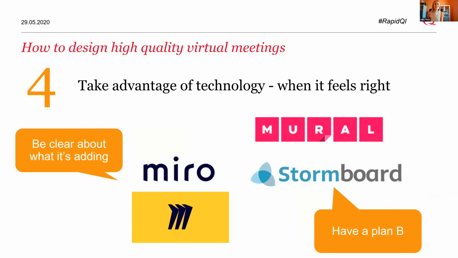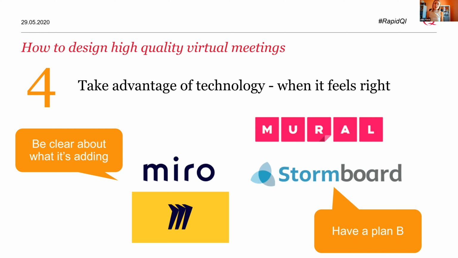The fourth principle is to take advantage of technology when you can and when it feels right. I think with any virtual meeting, there'll always be a low-tech and a high-tech way of running it. So for example, today, the only real functionality that we have used is the breakout rooms and the chat box. And this has obviously, hopefully, based on your experiences, been enough to engage a really big group of people for this long. When you're planning to add extra technology and platforms into a meeting, make sure you're really clear about what you'll be adding and that it's worth the additional complications.